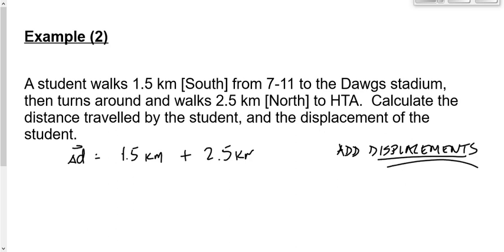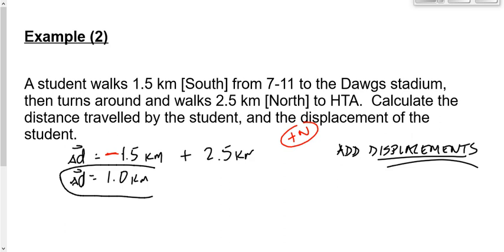Now, what do I want to be careful of here that I've missed? What do I want to add in red? Yeah, 1.5 is to the south, 2.5 is to the north, so we'll make the 1.5 negative. We'll say north is positive, therefore south is negative. Let's add these together. We end up getting 1.0 kilometer. So my displacement